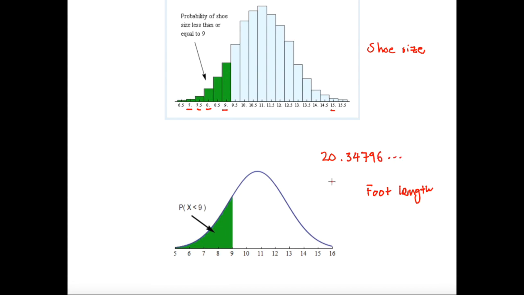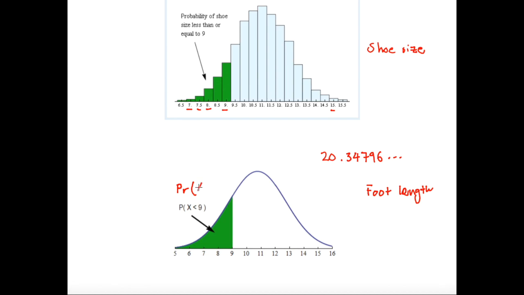20.34796, blah, blah, blah. It goes on forever. It's a continuous random variable if you wanted to get to increasing levels of specificity. But your shoe size can't do that. It can only have discrete values. So the point I really want to make here is, when we're talking about a continuous random variable, the probability